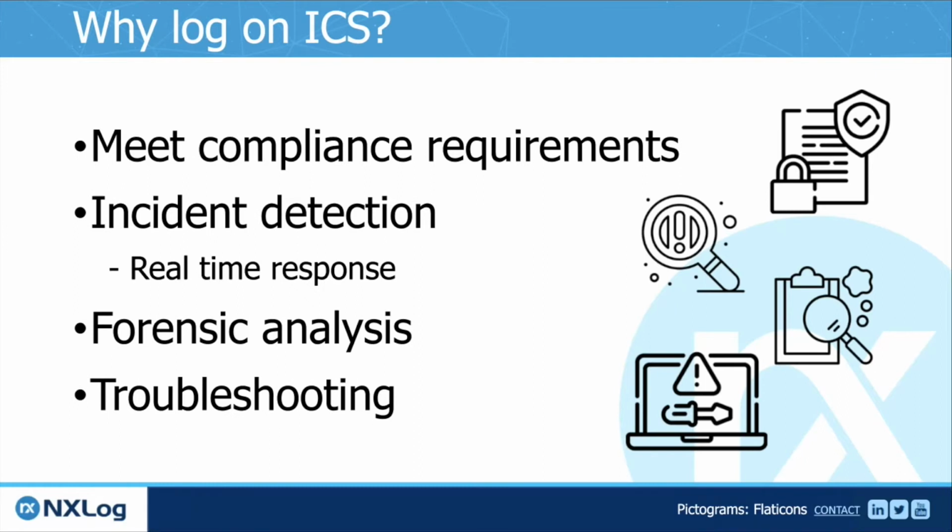So ICS infrastructure is present not only in manufacturing facilities, but also in other places like water plants, power facilities, or building automation solutions. These systems are nowadays widely connected to the internet, which makes them exposed to cybersecurity breaches in the same way as other parts of the IT infrastructure.